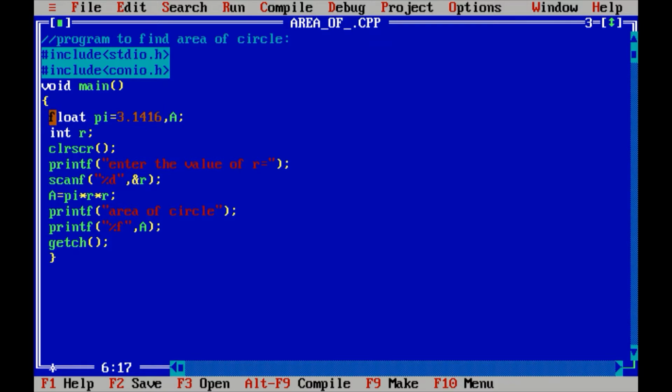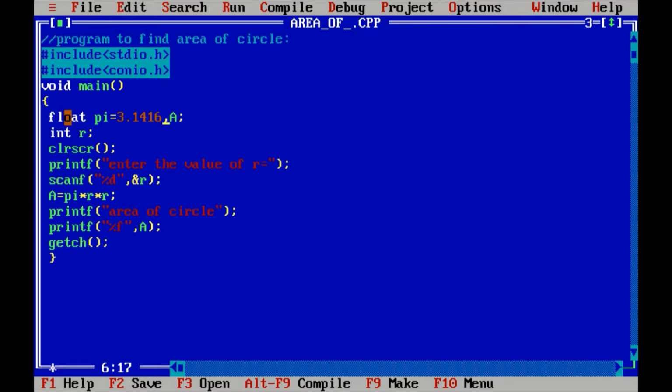If I write the integer type and pass the value to pi, then I cannot use it as 3.1416; I can only write 3. So the exact value of pi is 3.1416.